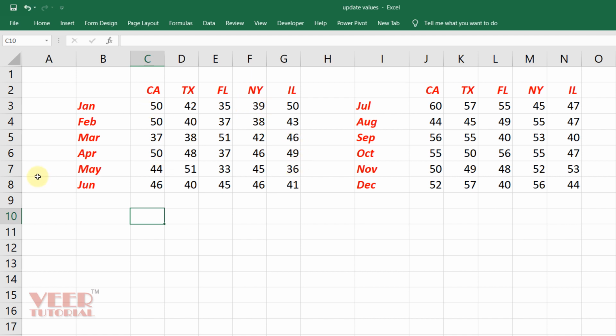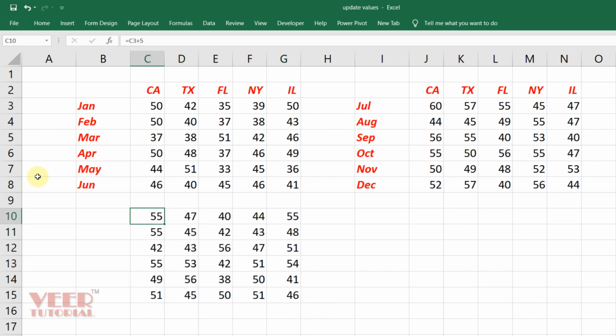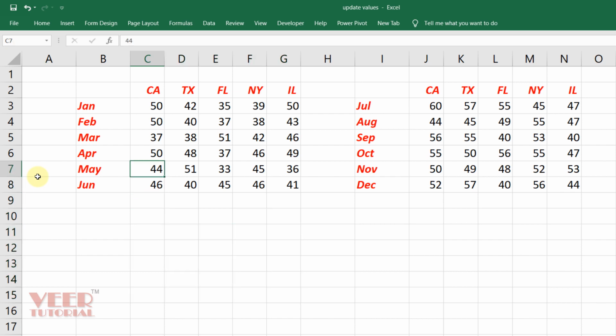I can simply do this task by adding 5 to all the values like this, in a very simple way. And I can copy and paste these values and I get my answer. But I have a trick in which you can simply use the paste special function for doing this kind of task. It's very easy. No one can even see whether you have changed the number. You cannot see any formula or any function anywhere. Just like the values, you will get the result. Let's see how we can do this.